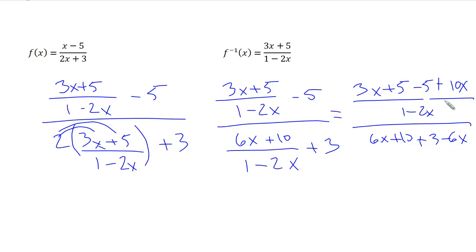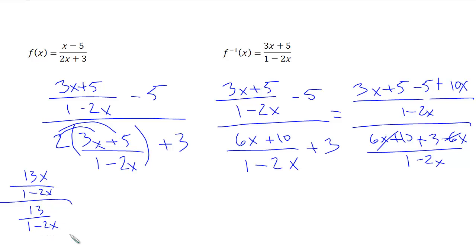Okay, so if I drop this back down over here, I've got 3x, 10x's, that's 13x. 5 minus 5, those cancel. So I've got 13x over 1 minus 2x and all of that. Sorry, I should have brought this up. 13x over 1 minus 2x, all over. And then if I do a little combination here, sorry, this still should have been over 1 minus 2x. 6x minus 6x cancels, and this is just 13